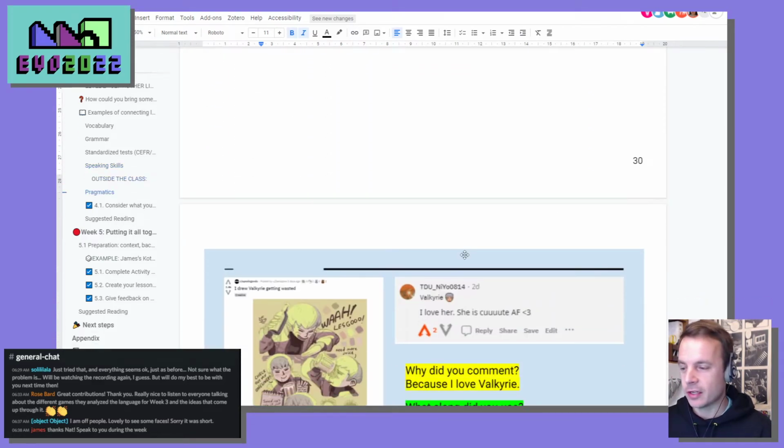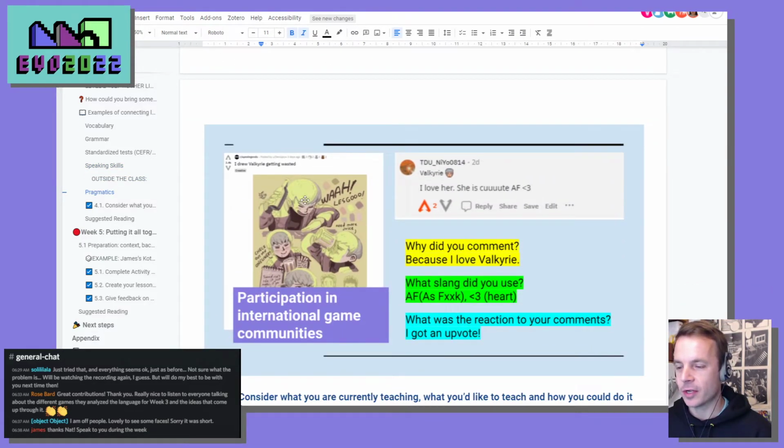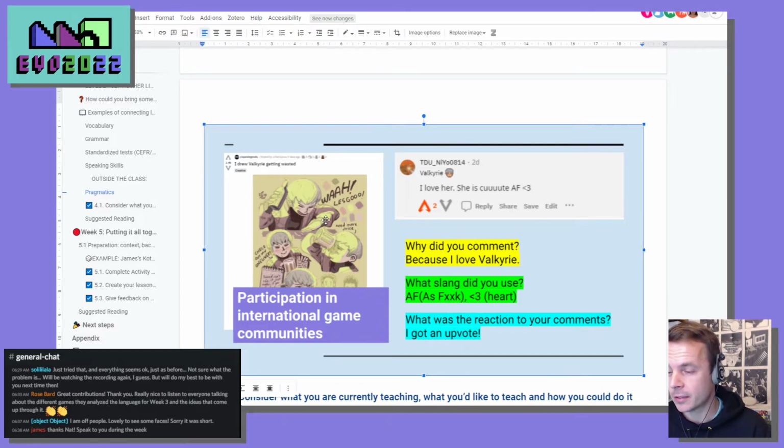Pragmatics. There's lots of stuff here, but again, I've used Reddit. Have students look at the game that they like on Reddit. This is, what game is this? Apex Legends. That's right, Apex Legends. A student went onto the subreddit, posted, and got involved in the community, learning lots of